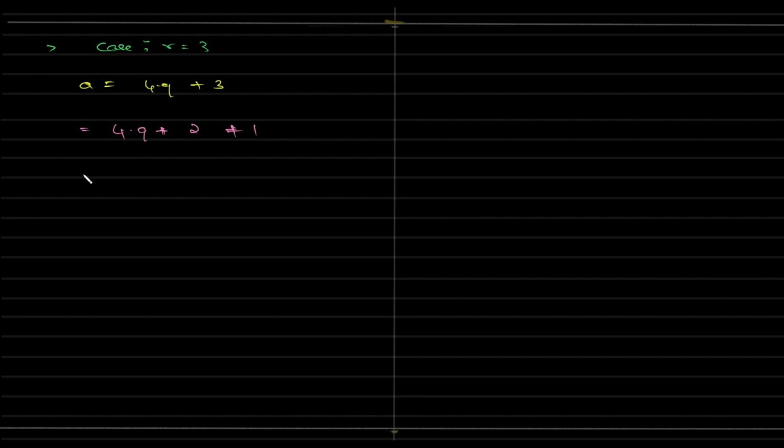And then I'm going to write 4q plus 2 as 2 into 2q plus 1, plus 1. I took 2 common between these two, and I have this, and this is nothing but 2 into something plus 1, which is an odd number,